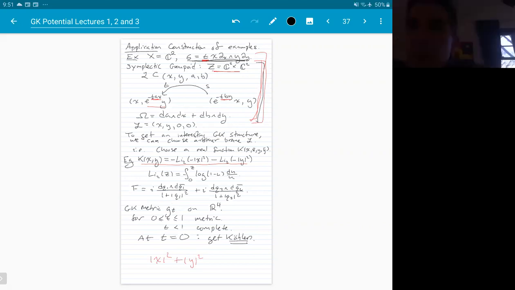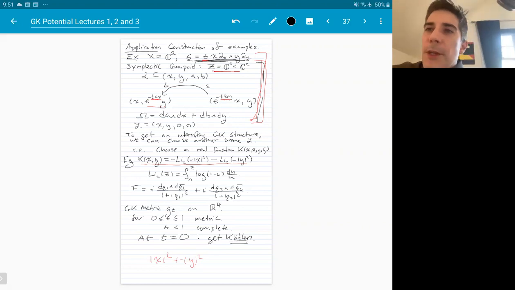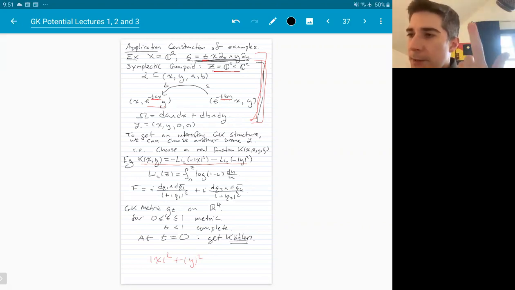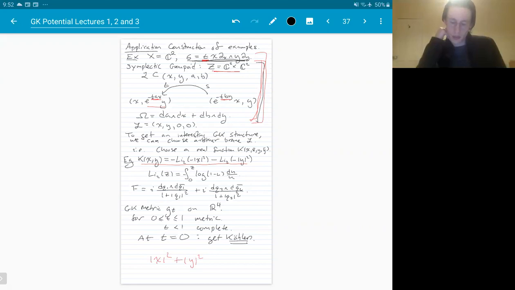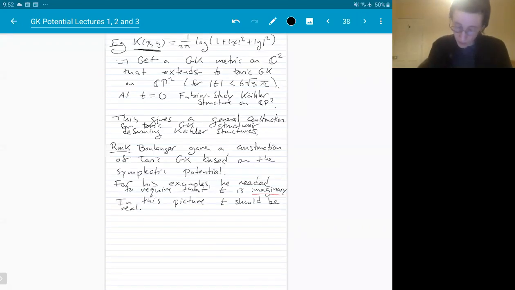But the construction exists, right, for any value of T. It's just a question of whether you get a bisection or whether you get positivity. But certainly for any value of T that defines this bisection, you're at least going to have something that you could call a degenerate GK structure, right? That's right. Yeah. And the comment I wanted to make here